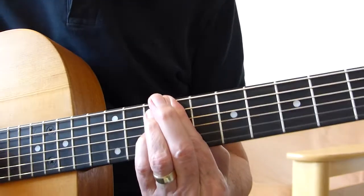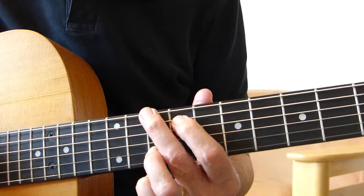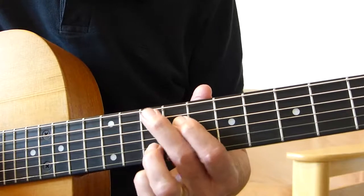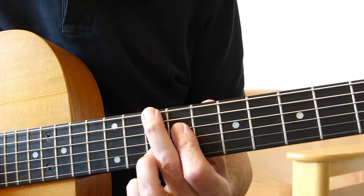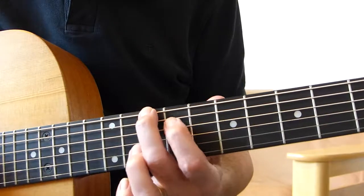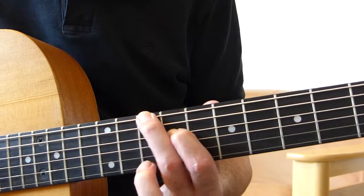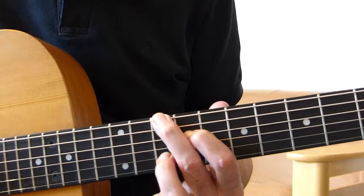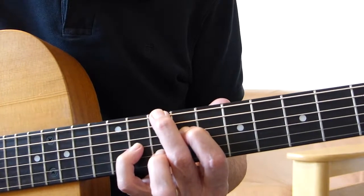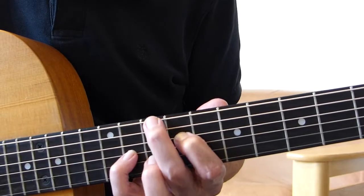okay. Right, after we've got that far, we go into another completely different shape. I'm not going to say what it is. I think it's something like a D minor 6 or something, but I'm not going to bore you with the technicals of it. Let's just finger it. So we need a second finger on the 10th fret of the 6th string. First finger is on the 9th fret of the 4th string. Third finger is going on the 10th fret of the 2nd string, and pinky is going on the 11th fret of the 3rd string. So you've got those three like that, and that one goes up on the 10th fret,